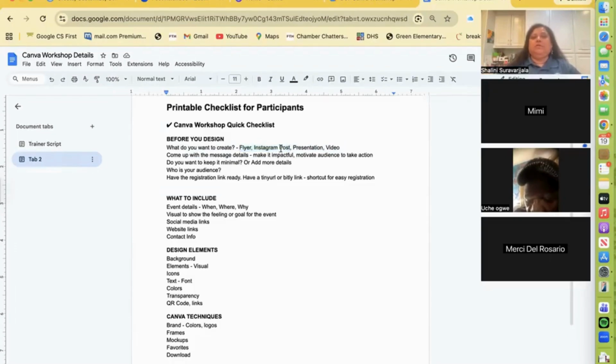You need to think about the size that you need. You can definitely convert it to a different size, but having an initial understanding of what you need for the Instagram post, that's what we'll do today. You need to come up with your message details where you have to make it impactful. You need to motivate your audience to actually take action. You can use ChatGPT for this and maybe mix and match the answers to the different prompts you get in